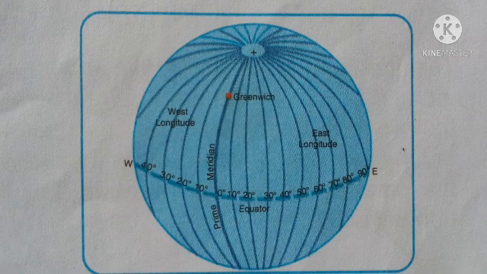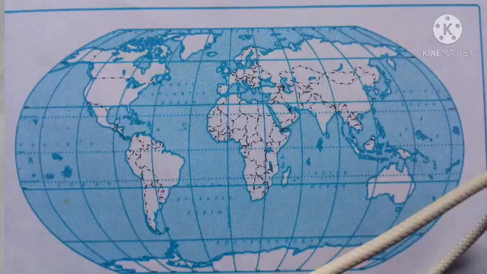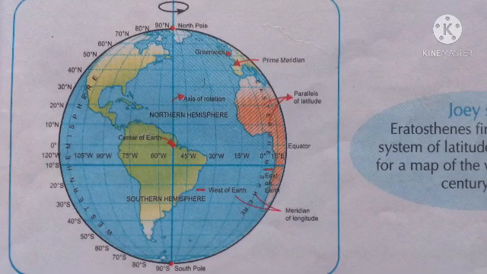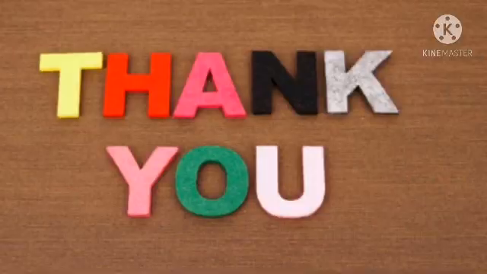Now we come to know about the Greenwich. What is the Greenwich? The Greenwich is located near London. Why is it necessary to know about it? Yes, the Greenwich, which is located near London, is taken as 0 degree longitude. It means the value of the equator is 0 degree and the value of longitude near Greenwich is also 0 degree. That is known as the prime meridian. It means the line of longitude which passes through Greenwich near London is valued